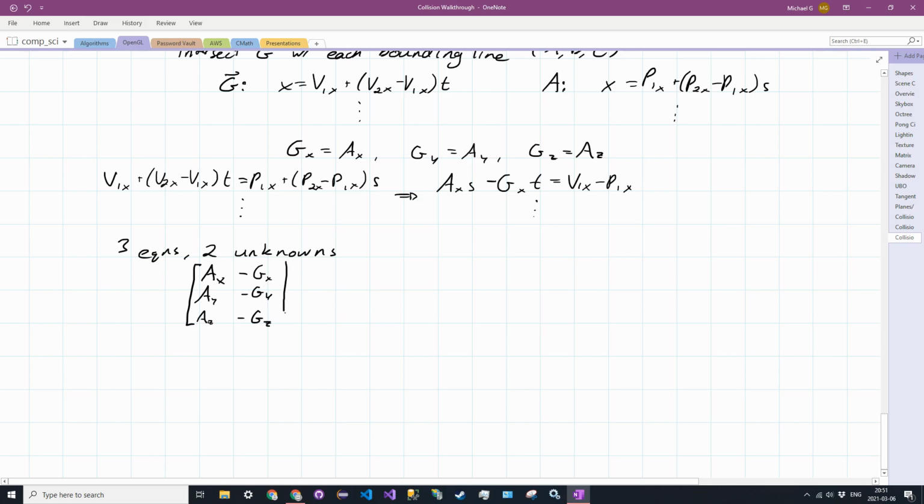And then the constants are going to be the vector p1 v1, the x component, the y component, and then the z component. And if we reduce this,